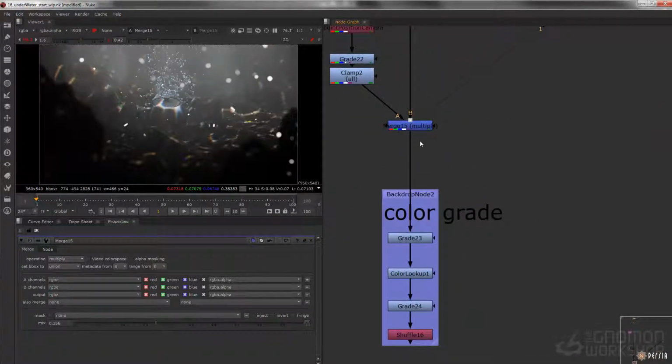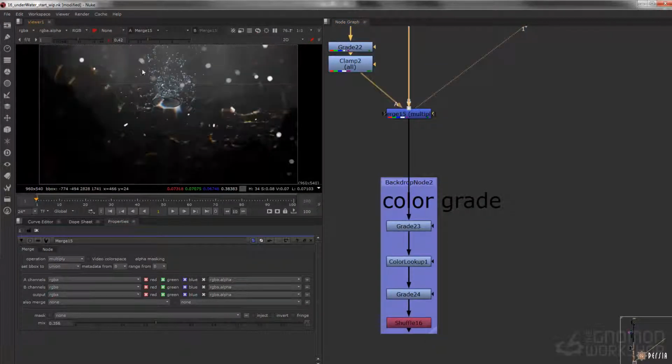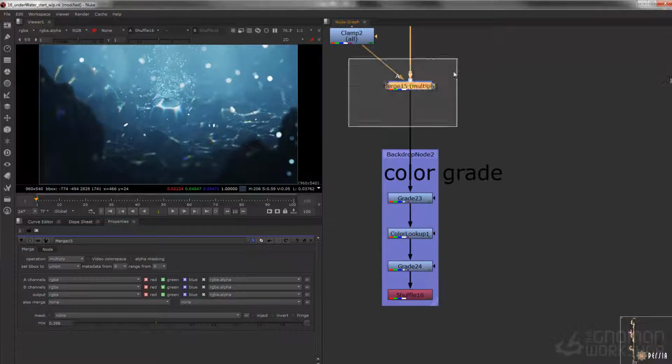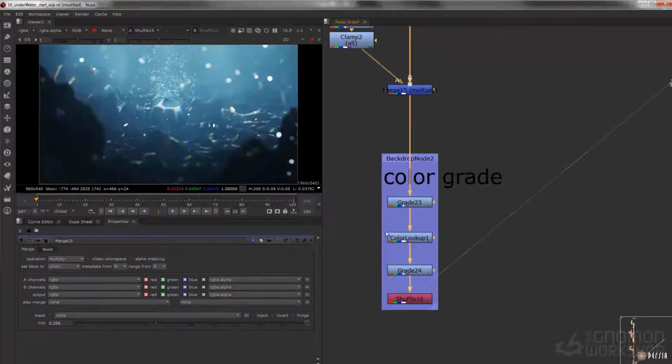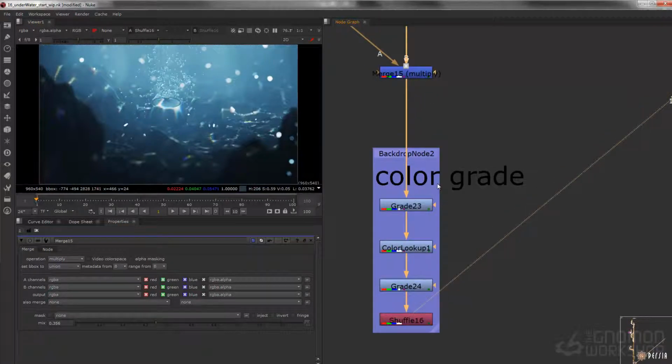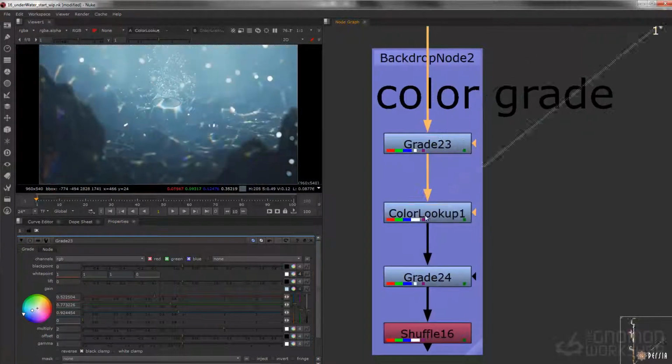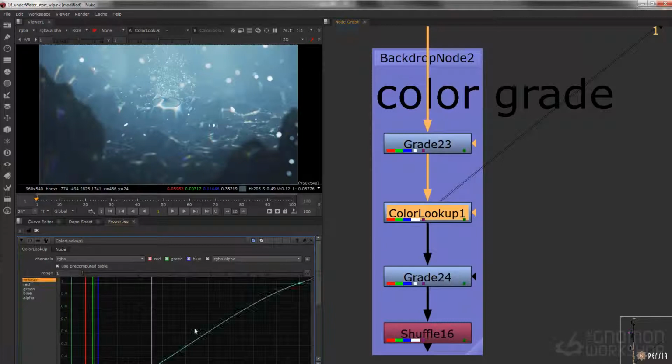So if I plug this in and reset my exposure, just like that, if I come down here, we're noticing we get the color grade. This is where a lot of the magic really happens to get this kind of underwater feel. So let's break this down. The grade node, all we're doing here is multiplying in this bluish color, just like that. And then the color lookup, what we're doing is